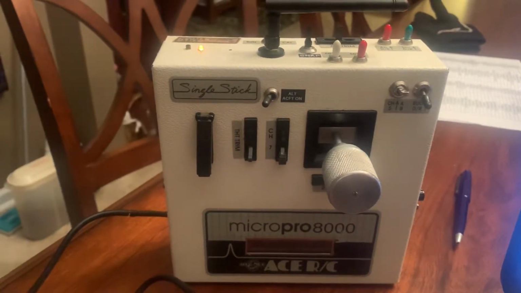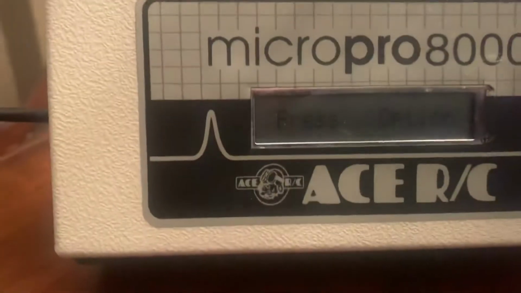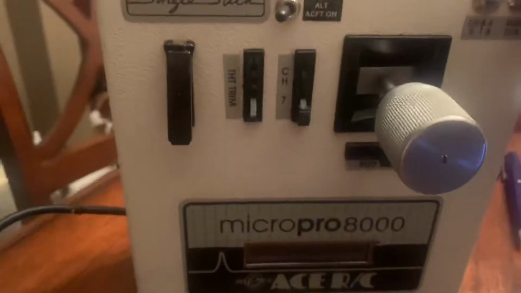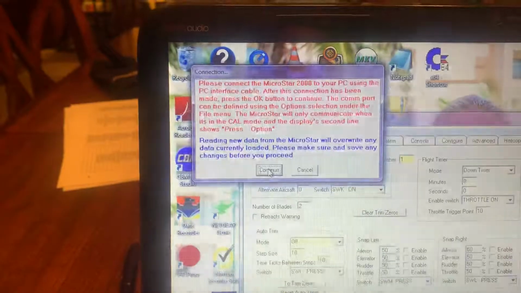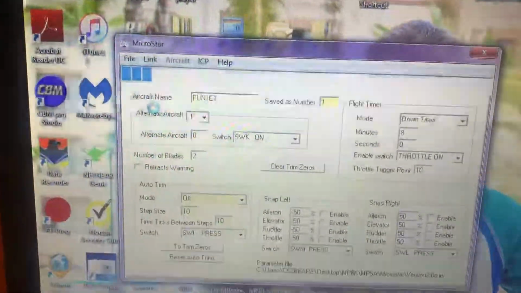So with either radio, this is just telling you that it needs to be in calibrate mode, and it needs to say on the LCD press option for the radio to be able to communicate with the PC application. So ours is set correctly, so let's go ahead and click continue. And as you can see, it's going to give us a progress bar here